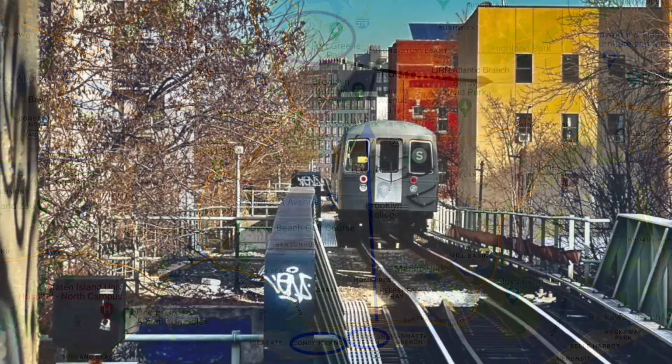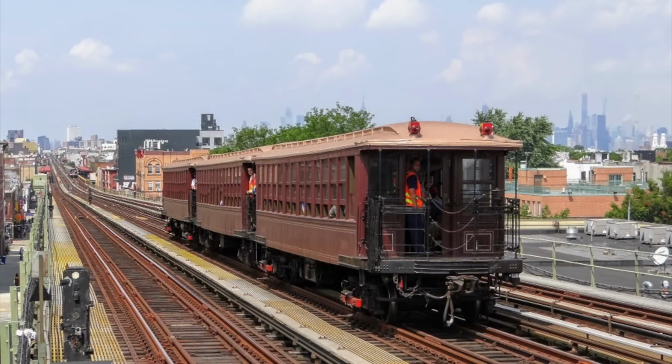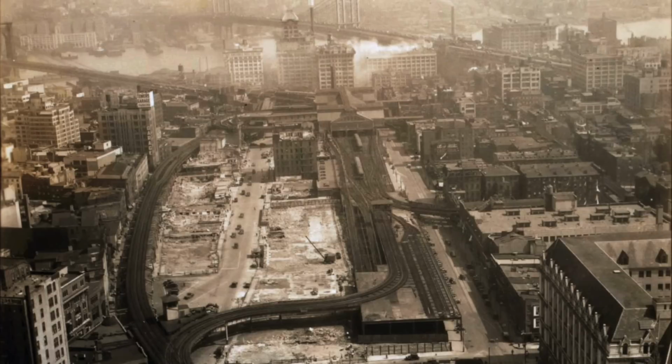Throughout the late 19th century, there were some routing changes, and eventually, it was leased by the Kings County Elevated Railway in 1896. Later that same year, the Brooklyn Rapid Transit Company was created, and the Kings County Elevated Railway merged into it. In 1899, the line was electrified, oddly enough using trolley wires, causing a flurry of dual-mode vehicles to be used on the line, as it was connected to the Fulton Street Elevated, which was electrified using third rail. In 1898, Brooklyn was consolidated into the city of New York, and the city got to work building subway